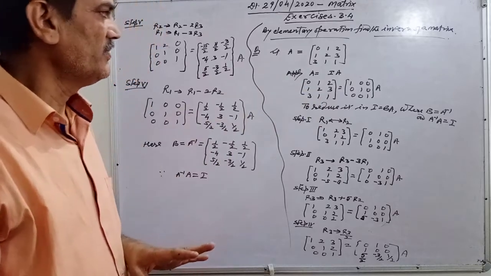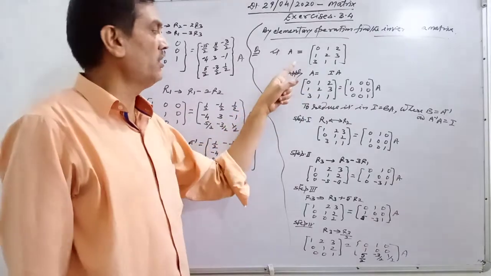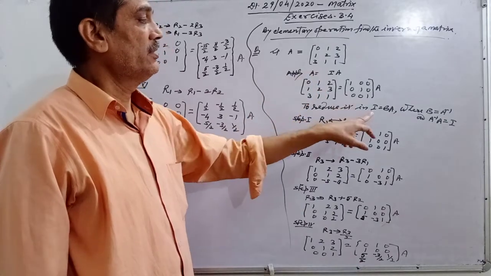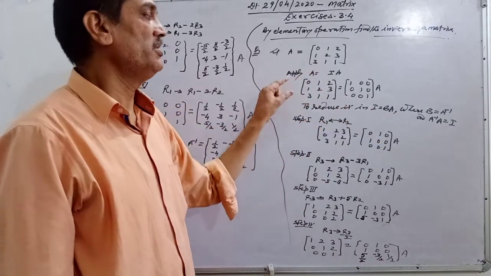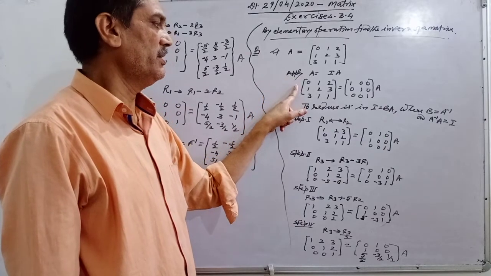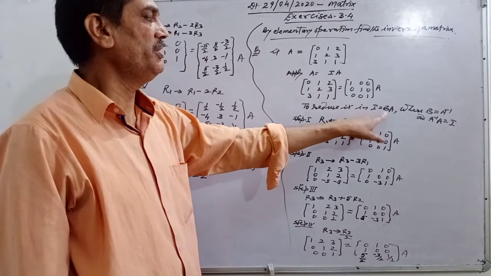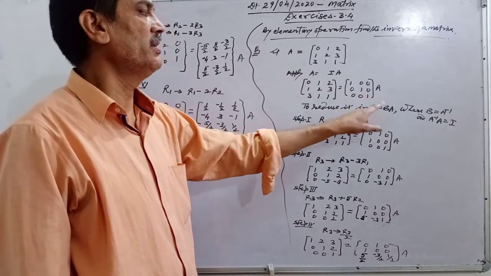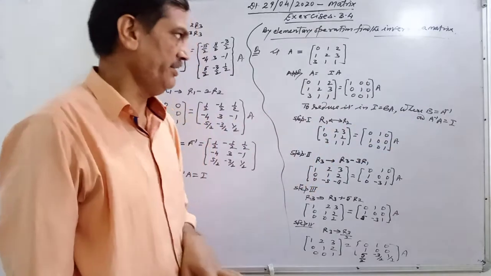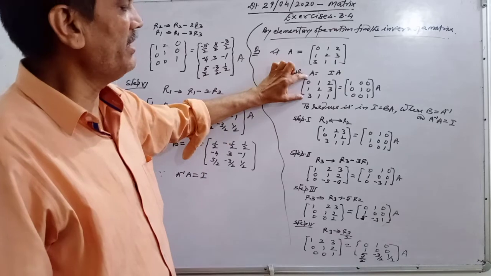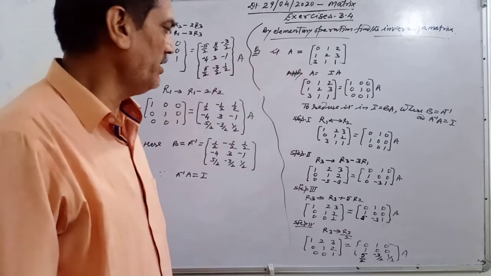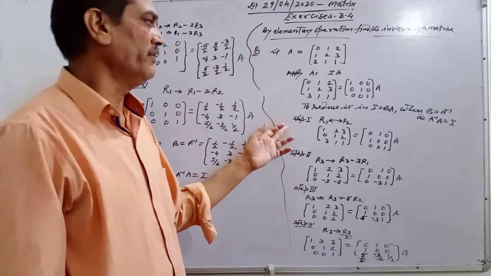Apply this. Now you have to reduce this relation to I is equal to BA. Means on the left side find I, the unit matrix, and on the right side BA. A is already here, B that is inverse of A, because A inverse into A is I. Means on the left side we are making I. So in the following steps you can make step 1.